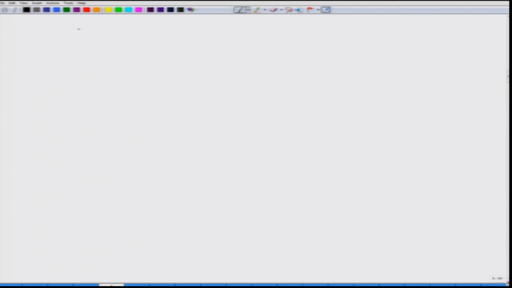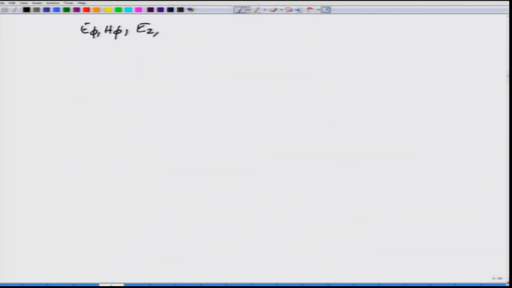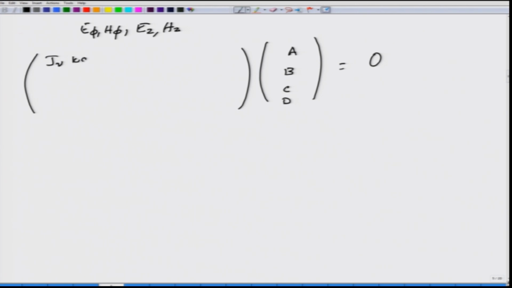Now, this is an exercise that I am going to leave for you, that is, deriving the expressions for E phi and H phi, and then using the expressions for Ez and Hz, writing down the boundary conditions. You will actually get 4 equations with 4 unknowns, A, B, C and D, and you can put all the equations in terms of a matrix. I will write down the matrix, it is important, but I will not derive it, which I leave as an exercise for you. We are going to use this matrix in the next module to actually discuss the solutions.